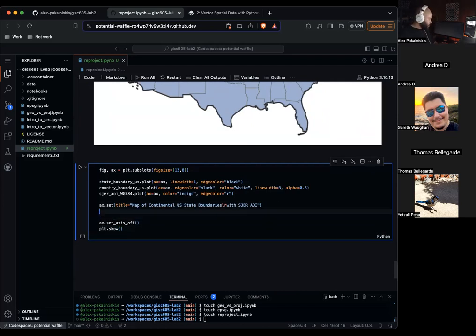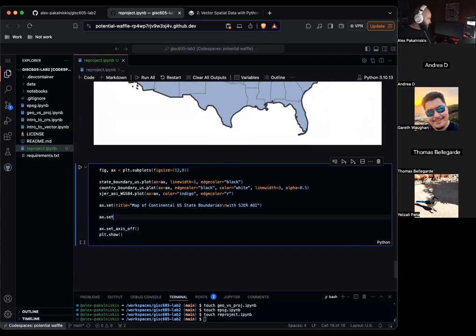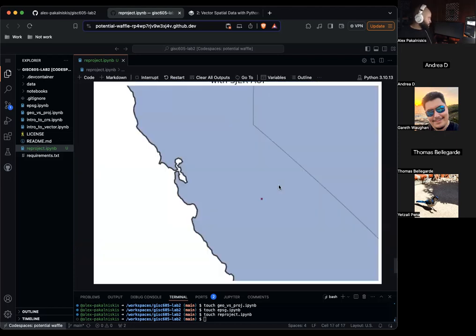So we'll do ax.set xlim equals -125, -116. And so here you can see we're hard coding the limits or the boundaries, but there's ways to automate this that are pretty cool. But for the sake of this, it's fine to just hard code it in.